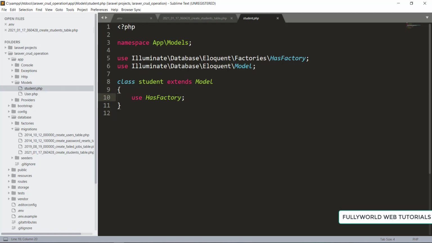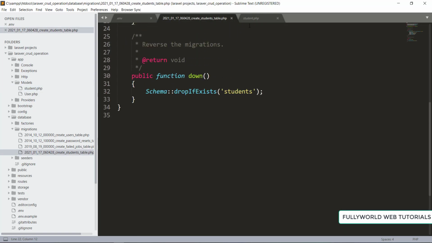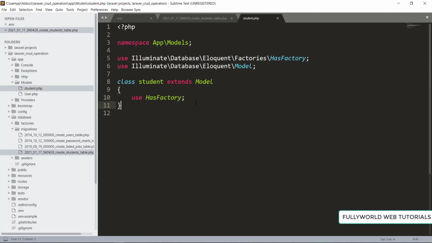Here we also have to mention some things. We will tell you when we enter the data here. We need some fillable fields here. So now without wasting our time, let's get started and create our controller.